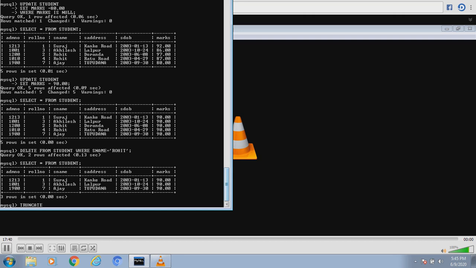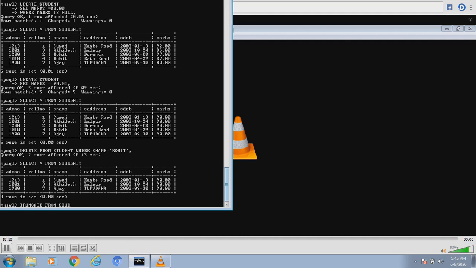It is never to be brought back into the table. Second difference between delete and truncate is delete can delete one record or a set of records depending upon a condition. It may also delete all the records if we don't give any condition. But truncate always deletes all the records of the table. Each and every record of the table would be deleted. So if I give the command truncate from student, every record from student would get deleted.